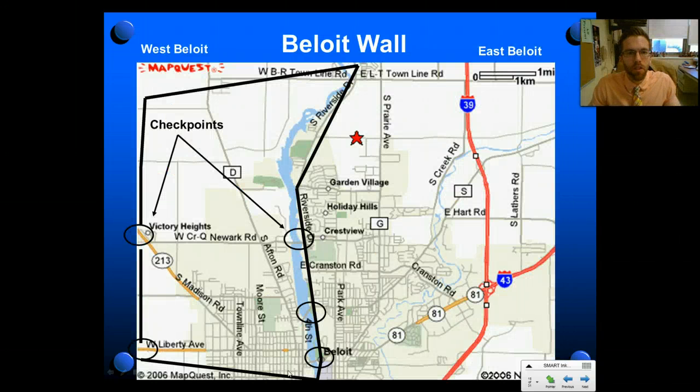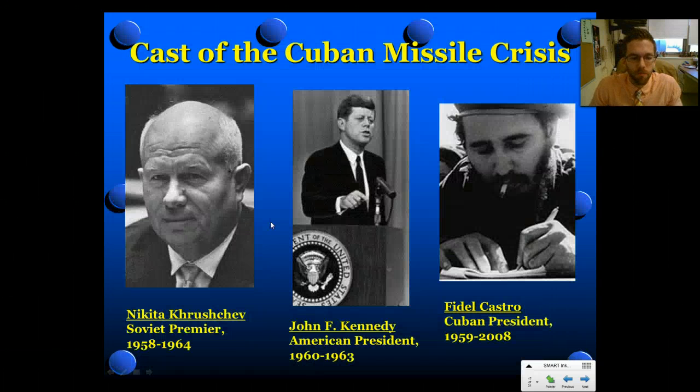So if we had a Beloit wall, think about if they drew this wall, or made this wall. Here's the high school. If you lived here, okay, if your mom lives over here, too bad. Your grandma lives over here, too bad. Your best friend lives over here, too bad. Your girlfriend, boyfriend, Walmart, sorry. It really tries to isolate and keep the two sides from mixing, and is pretty successful at it.